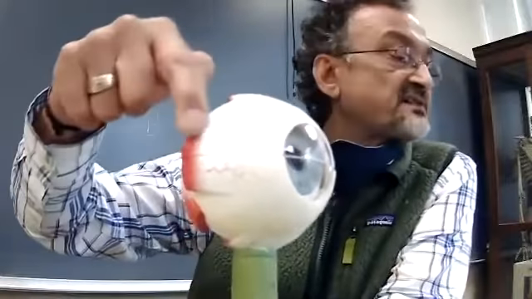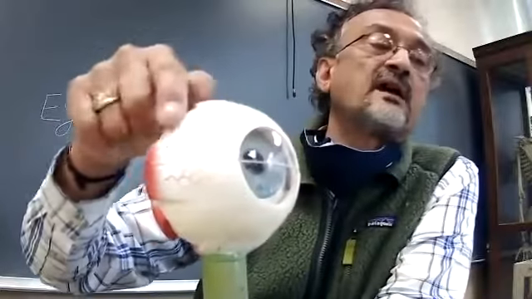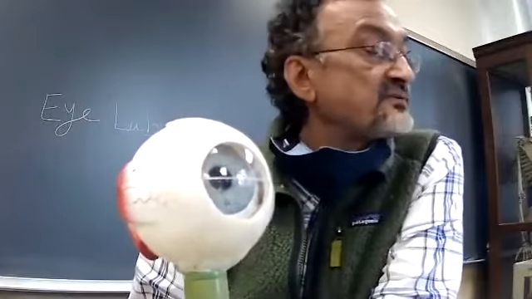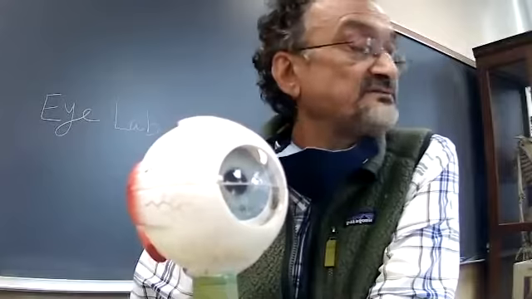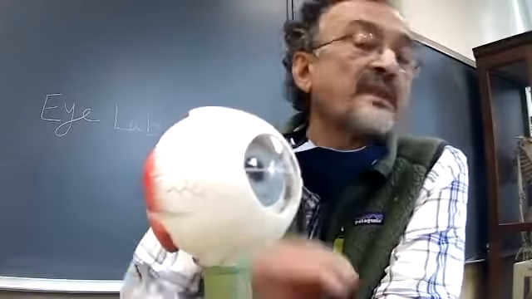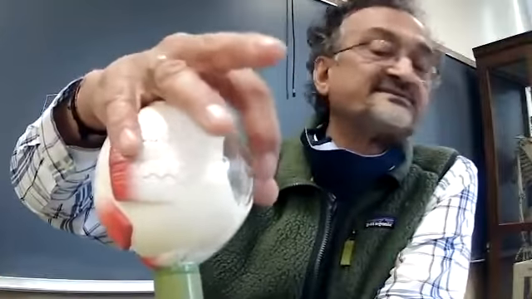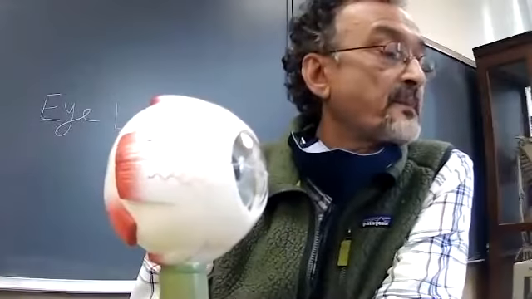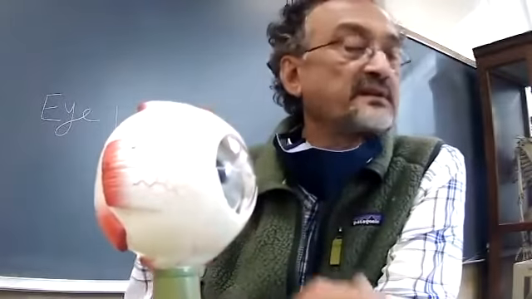The white colored structure that you can see where I have my hand around, that one is called the sclera. Sclera is thick and tough, made up of collagen fiber and elastic fiber. So this is the white of the eye, okay? And then this clear structure that you can see here is the cornea. The cornea is a transparent part of the outer fibrous layer of the eye, okay? And it covers the iris and the pupil and helps in protecting the eye.